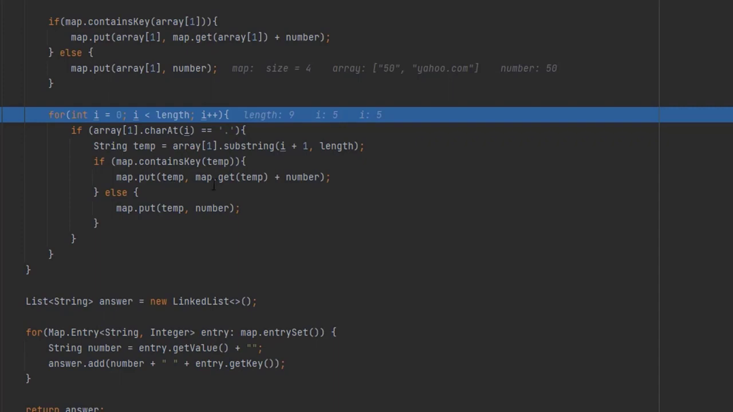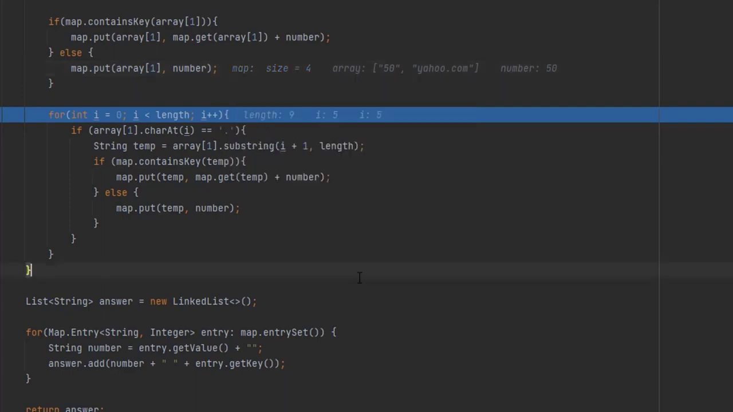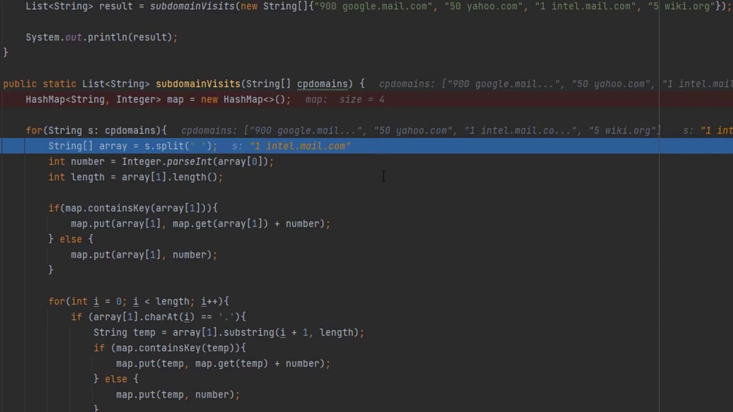So basically it's going to grab com, it's going to get the current value of com, which is 900, and it's going to add the value of Yahoo. So it added, if you can see here, .com. So yahoo.com has 50, and then now com, which used to be 900, has 950. And so now we're just going to go through the word com. We don't find any more periods, so now we're just going to go grab the next